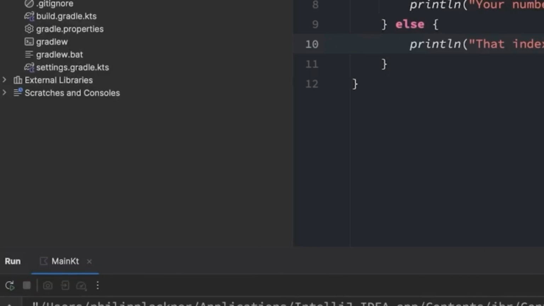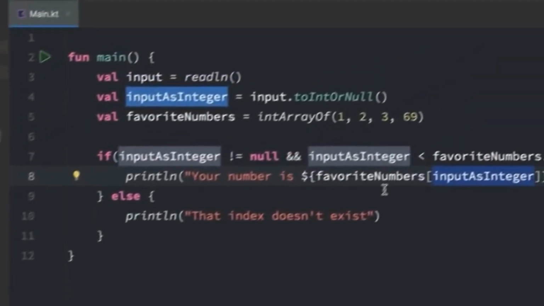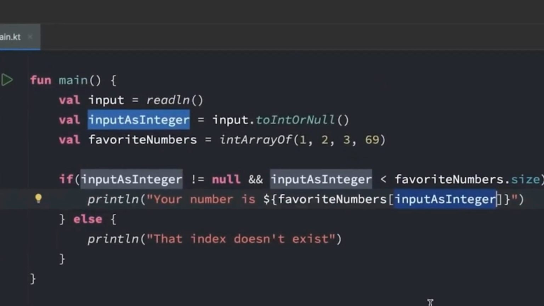And as we see here, step by step, we put readLine here, which reads text from the keyboard. But user input is always a string, so 3 is not actually integer 3, it is a string, right? Then we have toIntOrNull. This tries converting the string into an integer, right? If the conversion succeeds, then 3 is 3, an integer from a string. If the conversion fails, then hello is null, right? This is very safe